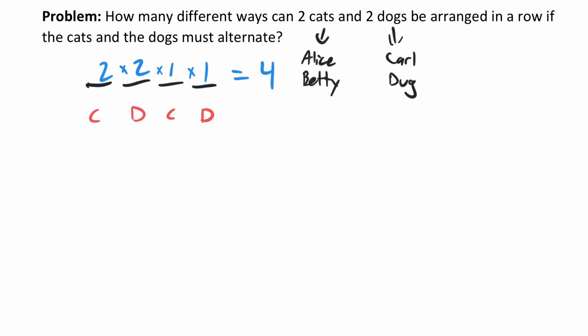All right. So we've got our cats and dogs. Maybe these aren't the best cat and dog names, but we're going to go with it. So we got Alice and Betty and Carl and Doug, and we're going to go ahead and see the different options. Well, we've got to have cat, then dog, then cat, then dog,